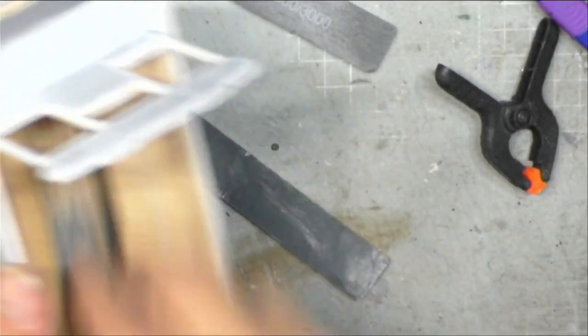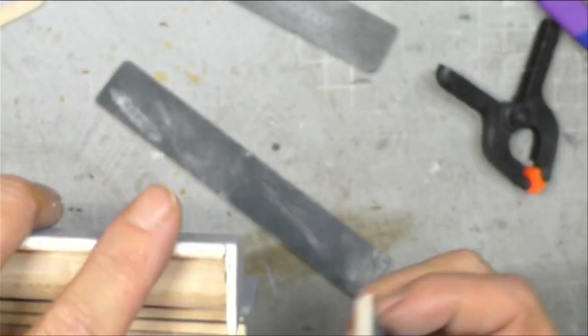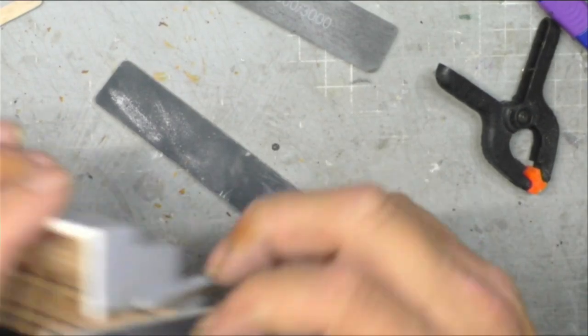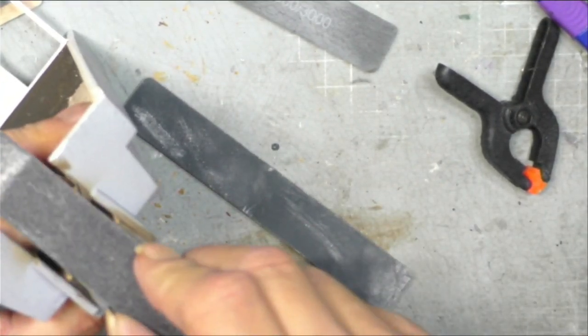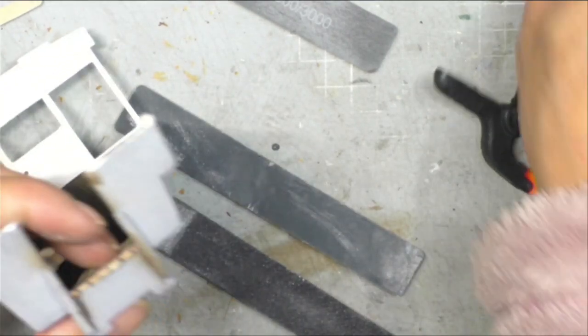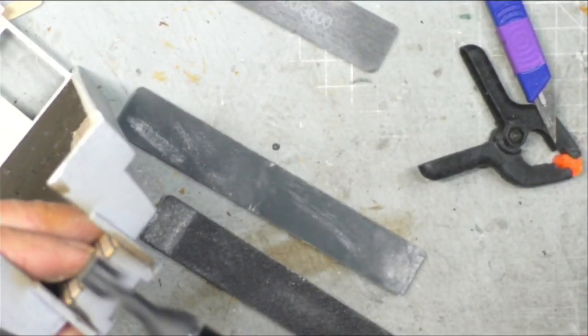so next stage, I think we're now in a position to deal with that overhang. So the best way to do this, I don't want to use my sanding stick really. I suppose we could if we were careful. So I think this is the only option. I think we've actually found a good use for this. So,